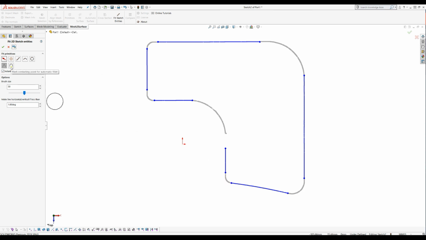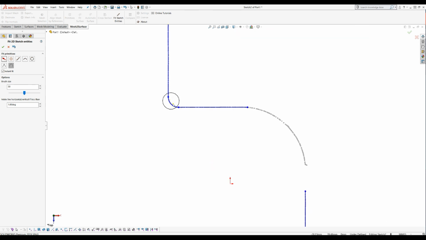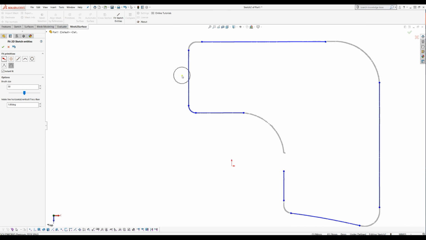And for this, we have the automatic fillet. The way it works, it analyzes the underlying points, and this is how it defines the fillet. What I mean by this is that it finds the best radius, so it can fit the points and create a fillet, not with the radius you expect, but the one that fits best. So if you want, for example, to create your fillets with a constant radius, you can use just the standard SolidWorks tools. But for me, I have no idea what this radius is at this moment. I don't have a numeric value, so I prefer to just paint over